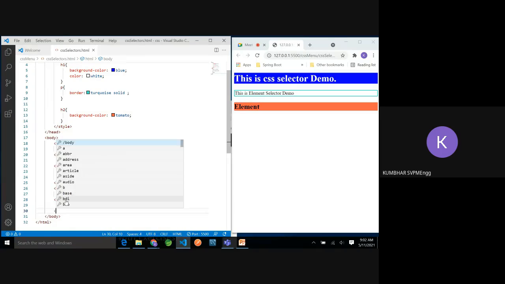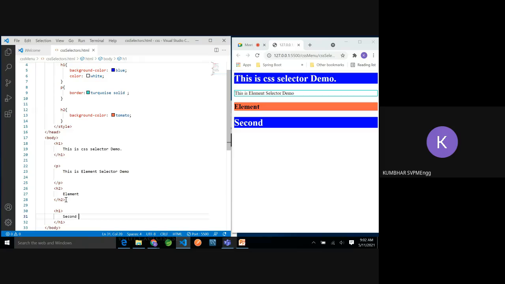Now suppose I'm going to add one more H1. As we have seen just before, the same style for two H1 is defined. Correct? But suppose I want that this H1 should have a different style, and this H1 should have a different style. Even though both are H1 tags, I want both to have a different style.